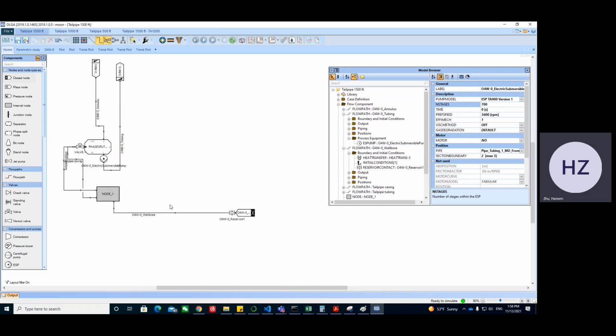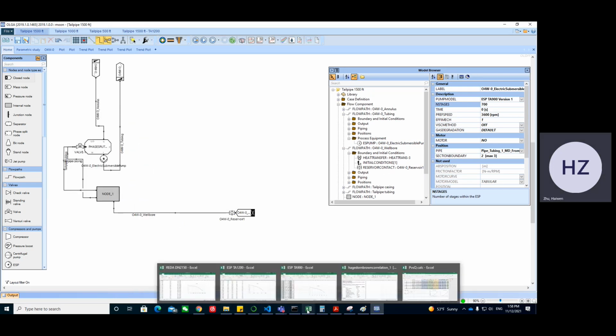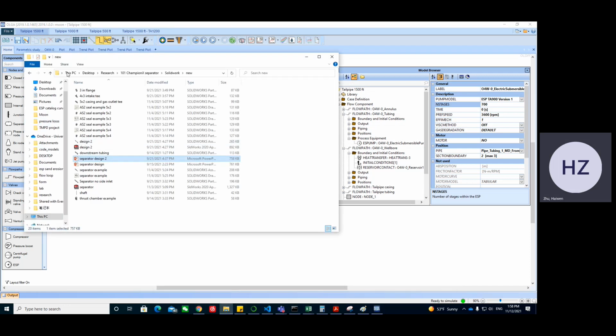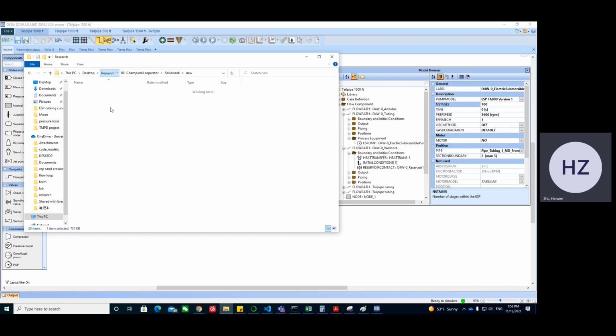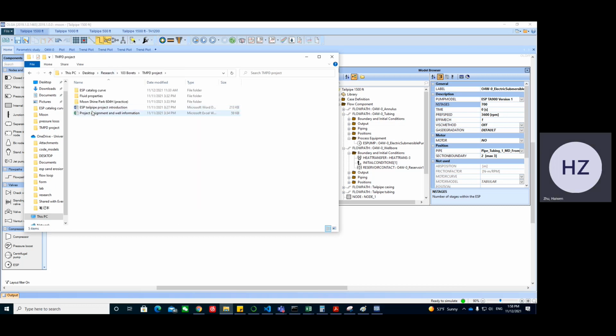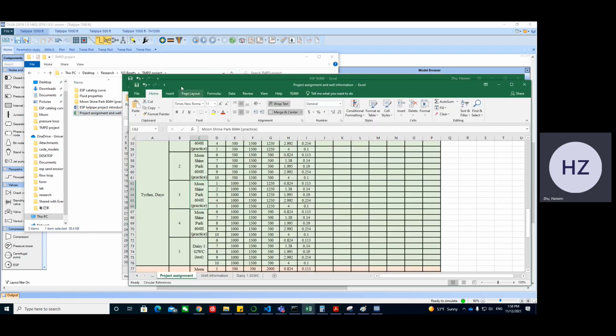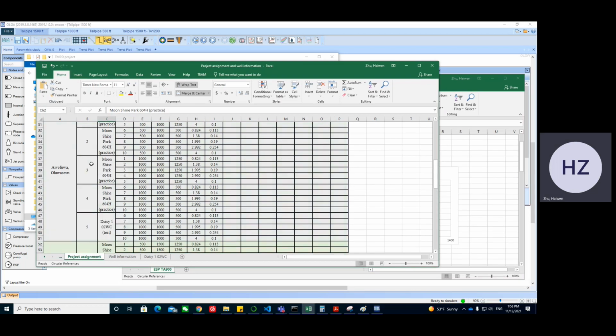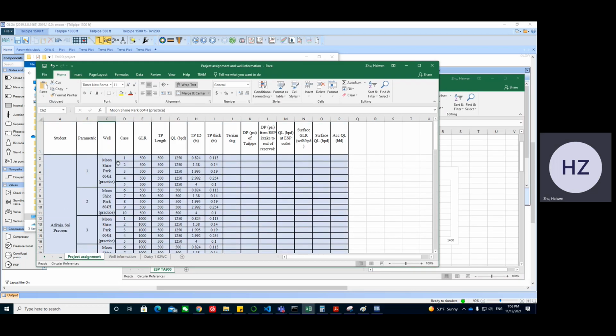Okay, so first of all, we have designed flow conditions for each of you here. So each of you has different flow conditions, and for example, this is a parametric study, and in